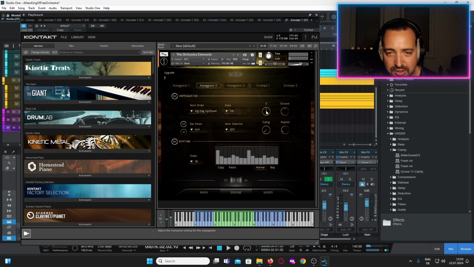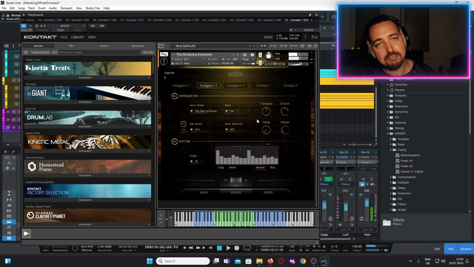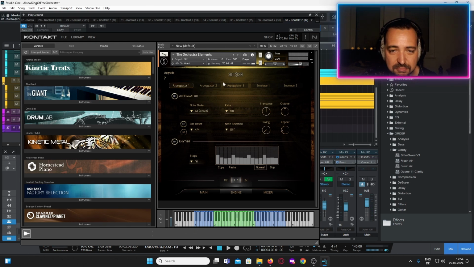Okay, and then you can do things like transpose the pattern. You can make it repeat the arpeggiation pattern an octave up afterwards. So it'll go, or an octave down. So you get the idea. You have a lot of control in it. All the time I'm just playing these three notes. You can double time the arpeggiator. You can half time it. Okay, so that's the kind of stuff you can do with it, and you can basically create arbitrary patterns.